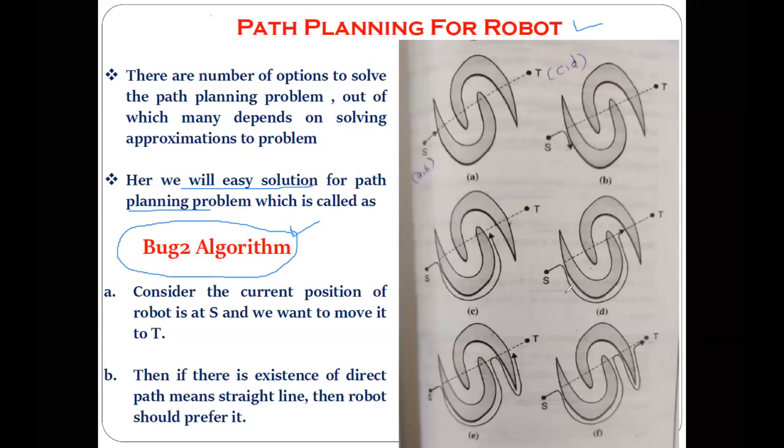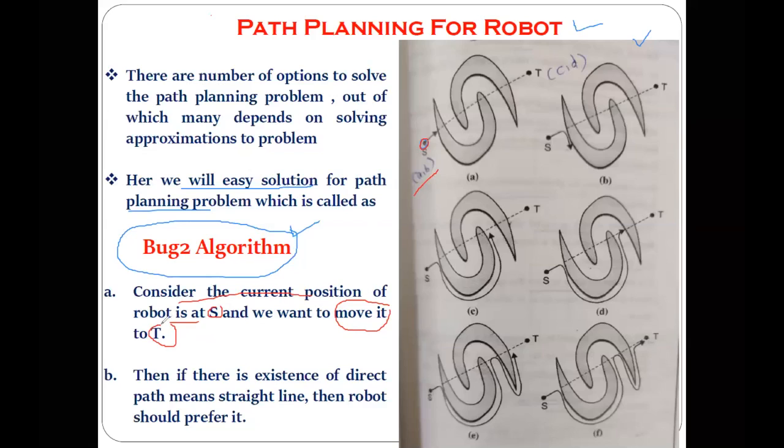And all the steps are shown in this figure. You can see, now consider the current position of the robot as this S, which is represented as the configuration (a, b). Here also I have mentioned the current position of the robot is at S, and we want to move it to T. Means the robot wants to move to the point T or area T,